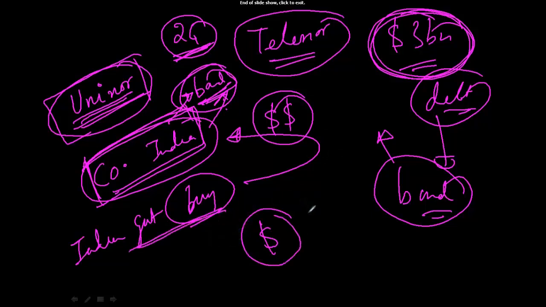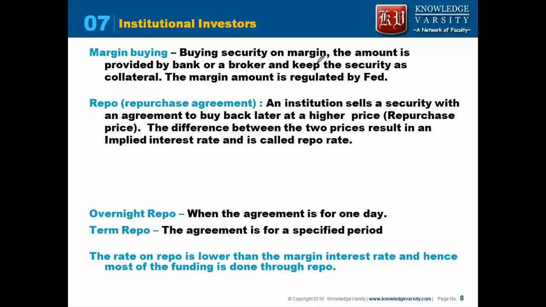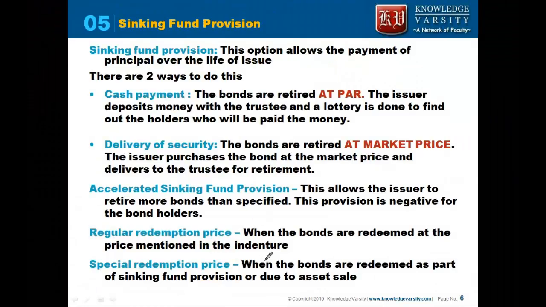So these prices can differ from the face value or whatever price has been agreed on. It is happening because of certain issues. Either your company is being acquired, or you are making a huge loss and you are out of business. So there is a very high probability that Uninor will be out of business. With these losses, they will pay whatever money they have to pay to the bondholders. So those prices are called the redemption prices. What they are saying is, when you are doing it as a part of the asset sale, the price that you are getting is your special redemption price.